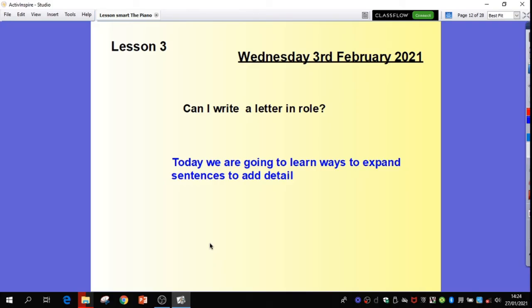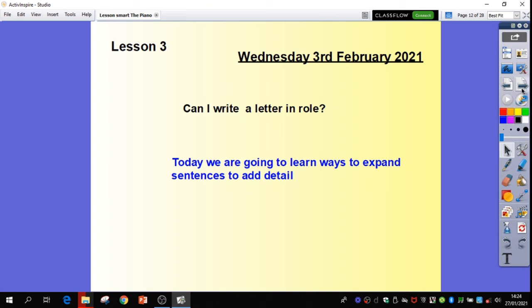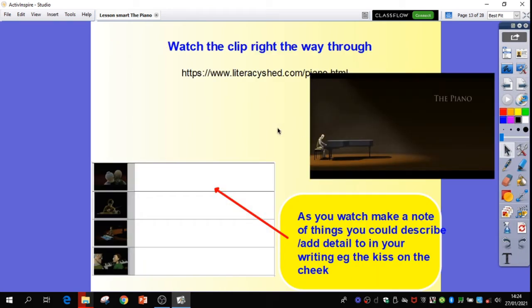Hello Year 6, this is lesson 3 of your 2-week writing unit where you'll be writing a letter in role. Today is Wednesday and today we are going to learn ways to expand our sentences to give extra detail to our writing. So what I would like you to do first, Year 6, is to watch the clip right the